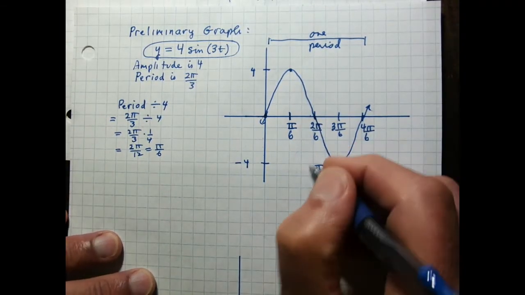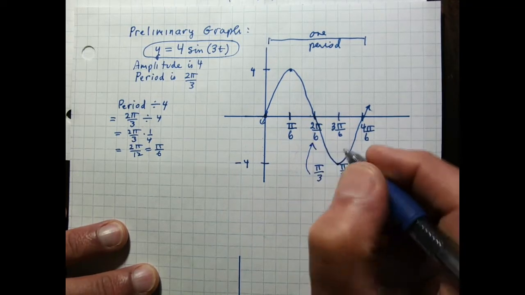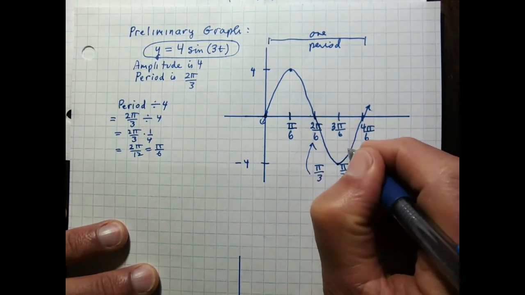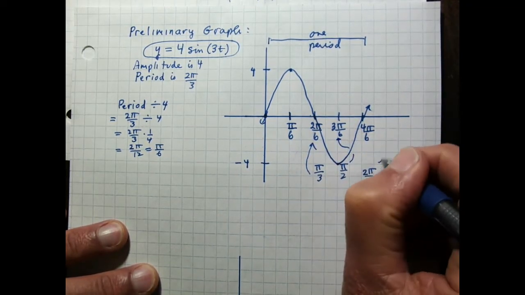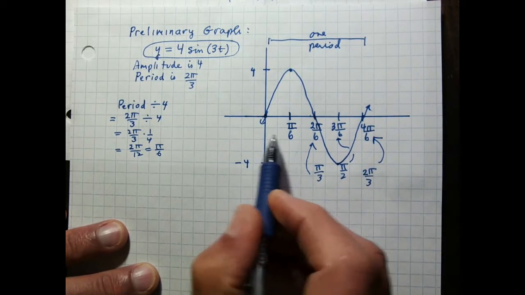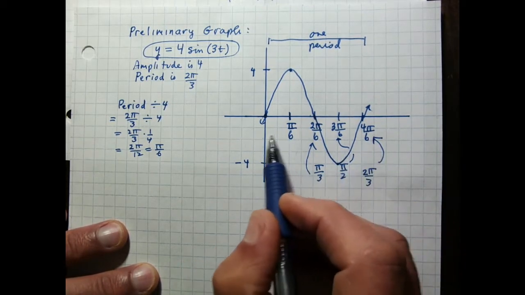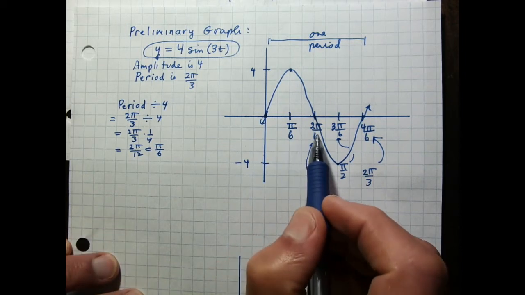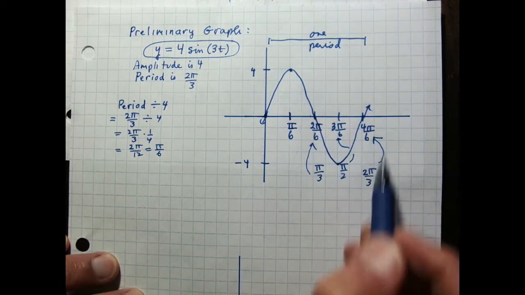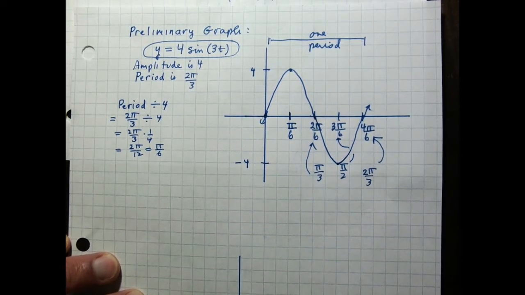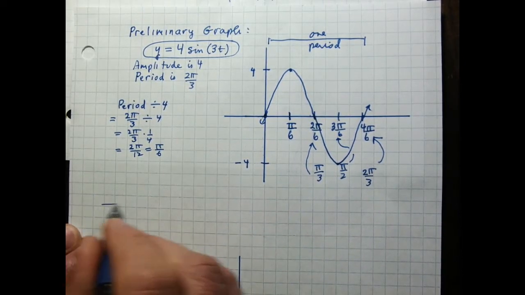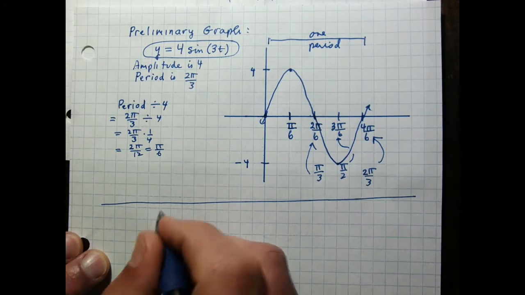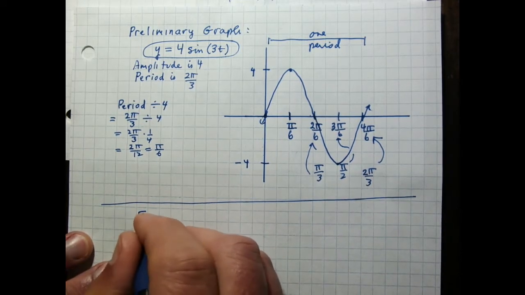And again, it's nice if you reduce those fractions in there, and yet don't make this more complicated than it has to be. We're really just taking pi over 6, 2 pi over 6, 3 pi over 6, 4 pi over 6, which is a period, to get our important points. So there's our preliminary graph drawn,